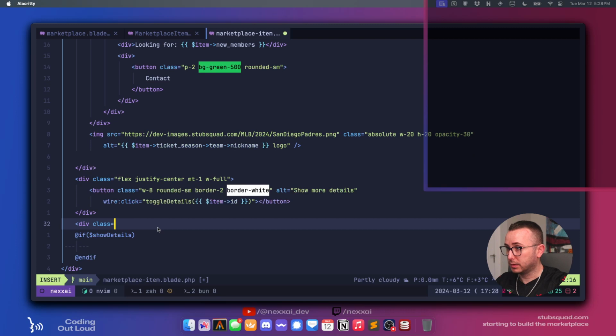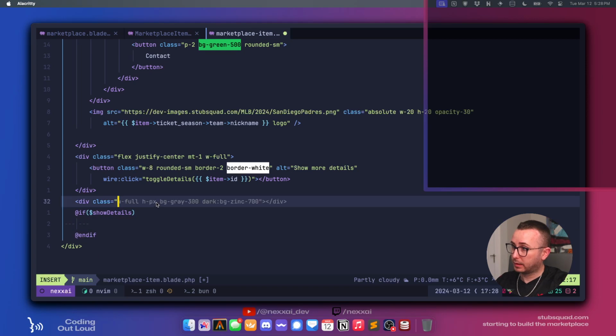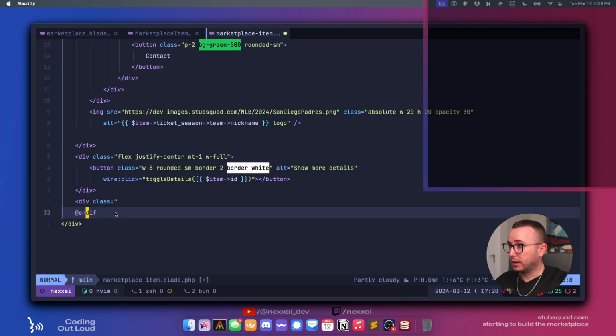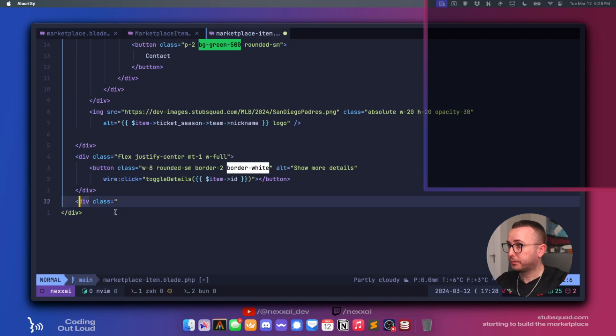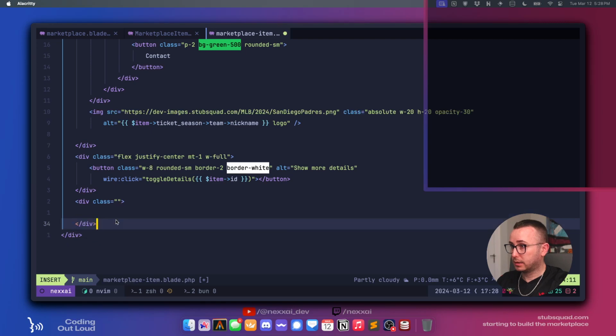Class equals actually, not for right now. Let's just show it all the time, so we can see what it looks like, and then we can worry about the functionality. So we will say div class